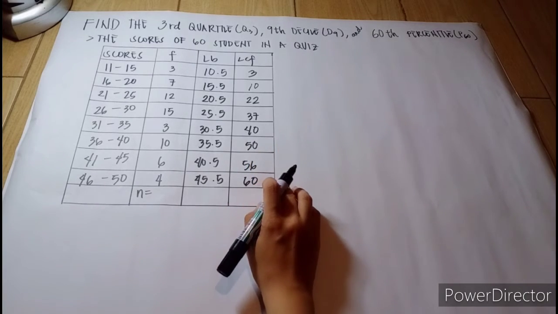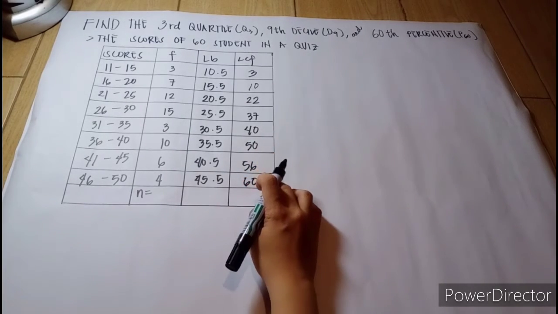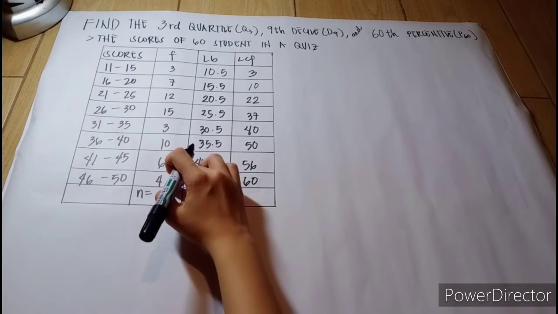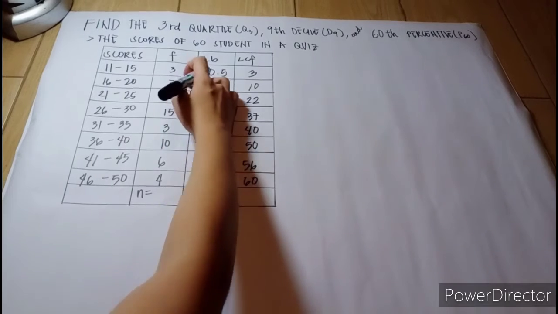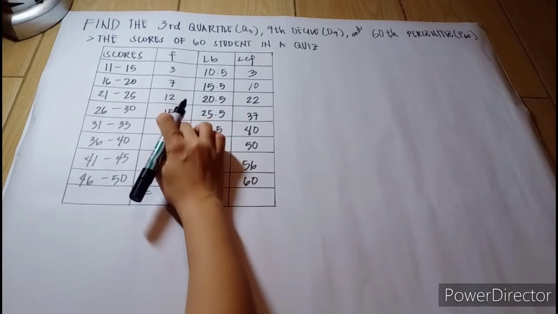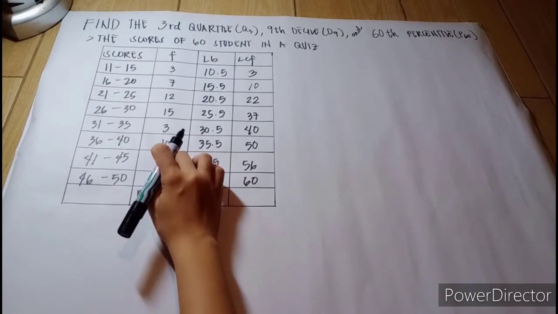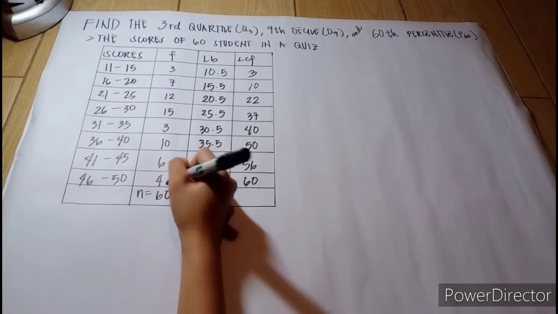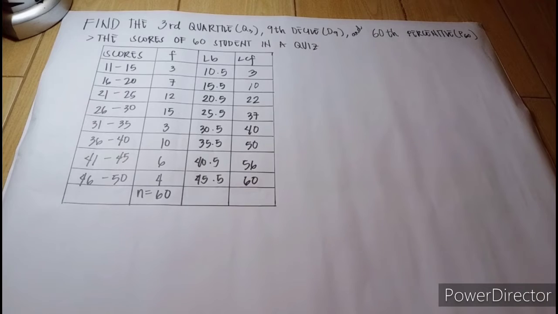So, in order to check if this is true, we need to add these: 3 plus 7 plus 12 plus 15 plus 3 plus 10 plus 6 plus 4, that is 60. So, our N is 60, because there are 60 students in the quiz. So, our table is complete and this is what we need to find the quartile, decile, and